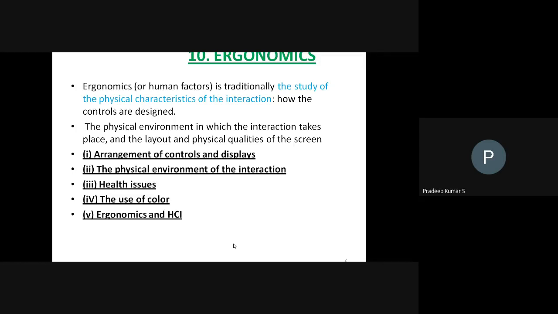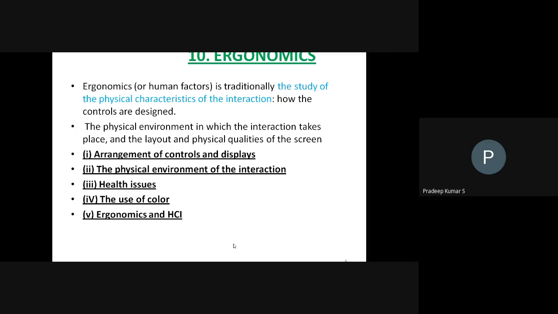We have discussed all these things deeply: the arrangement of controls, the waiting purpose, the physical environment according to the situation, what reaction, what is going on. Then the health issues, such as aged people versus youngsters, and use of color, that is the brightness and everything, some of the external factors. That is ergonomics and HCI, which we have deeply